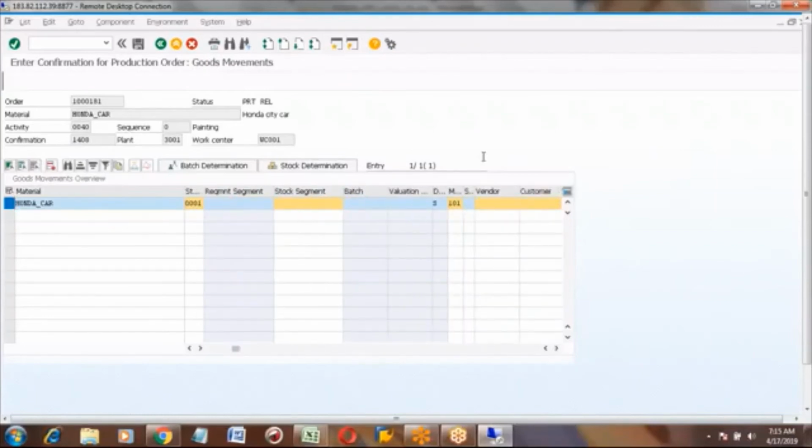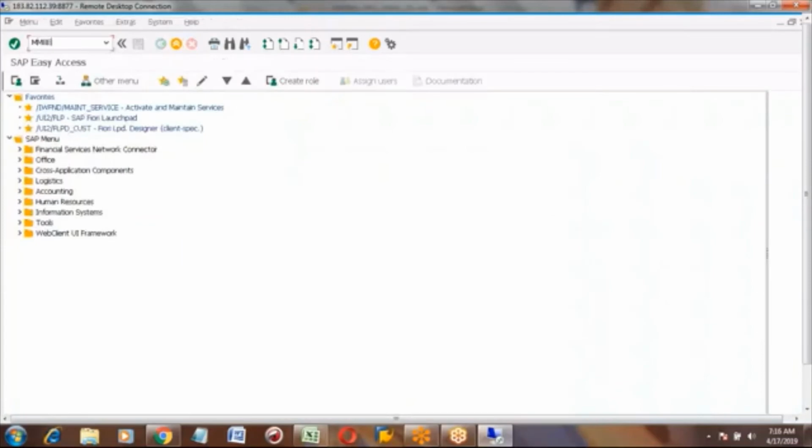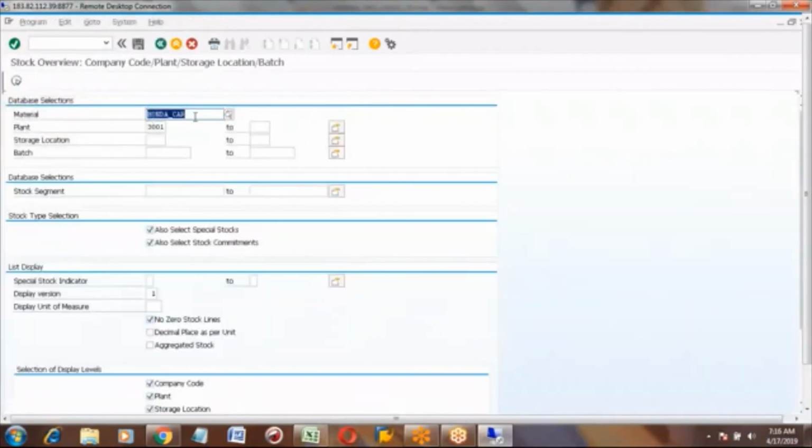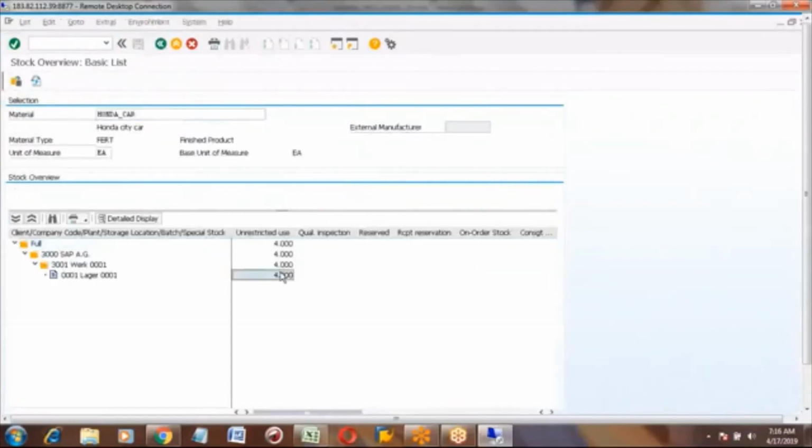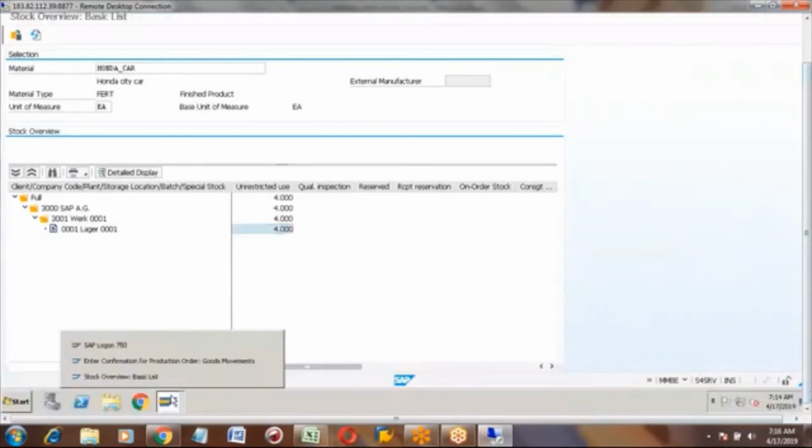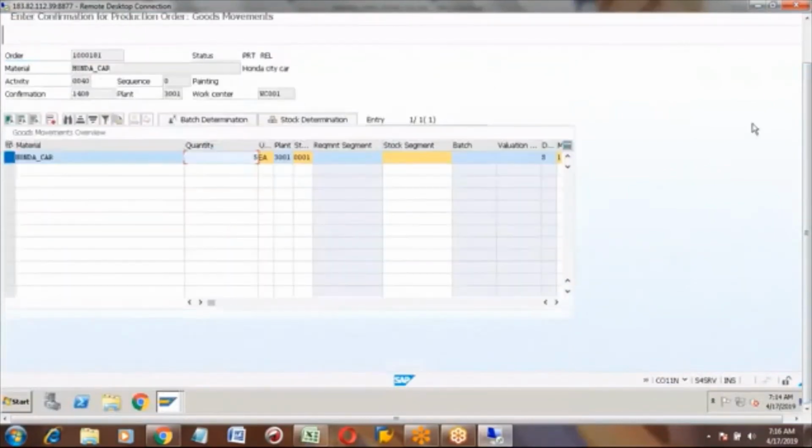Before saving this, let us check the stock of this material. Honda car in this plant, its stock is 4 before confirming this order. Now it becomes 9.